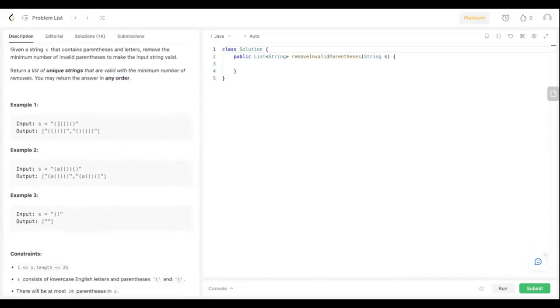So we know what a valid parenthesis is supposed to be, right? It's supposed to have the correct number of both opening and closing braces. For each opening brace, there should be a closing brace. And the closing braces don't occur without there being a preceding opening brace. And the opening brace doesn't occur at the tail end where there's no later occurring closing brace. So what we want to do in this problem is first find the number of imbalances,